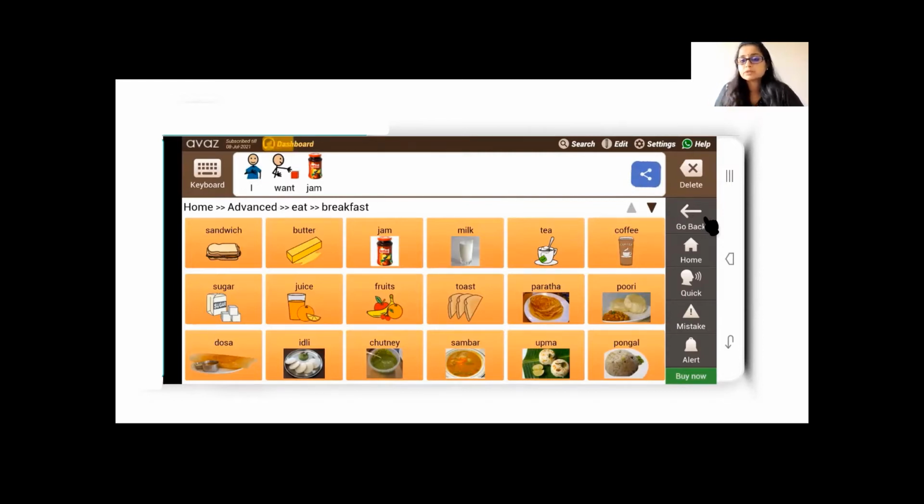So when we are new to the app, the child is of course new, and even as a parent or a therapist, you're new to the app. We will not apparently know where every word is. So that's where the search feature comes to the rescue. You can search for any word that you're looking for, and if it's there in the library, it will show you the path. It will show you the navigation, and that's also a very important aspect of learning to use the app.